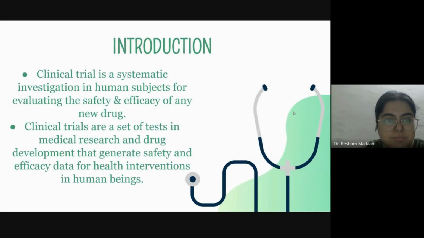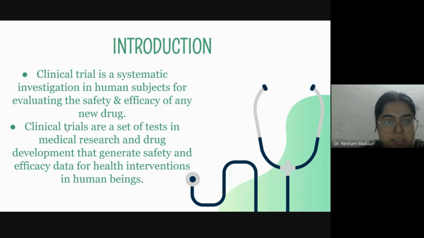So, for introduction, clinical trial is basically a systemic investigation in human subjects for evaluating the safety and efficacy of any new drug. When we introduce a new drug into the market, it cannot be introduced like that. First, it has to go through a number of tests on animals, but then on humans as well. So on subjects, basically people, patients who will be given that drug and tested for the safety and efficacy of